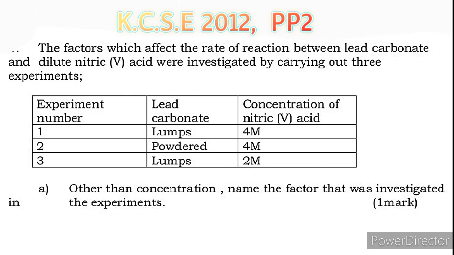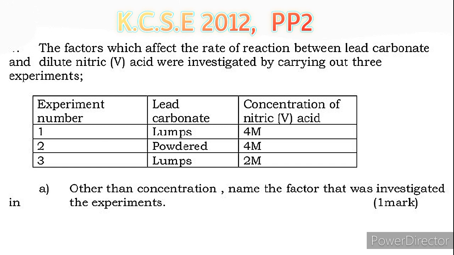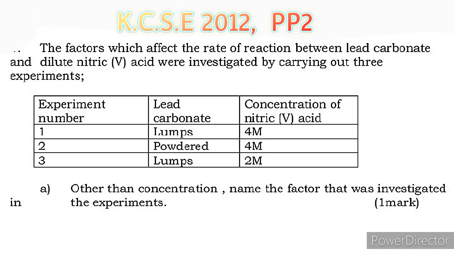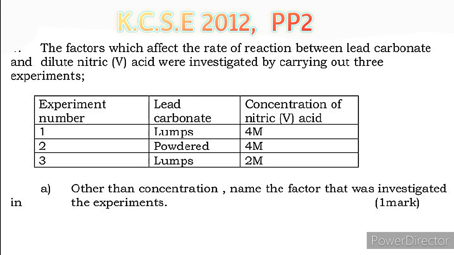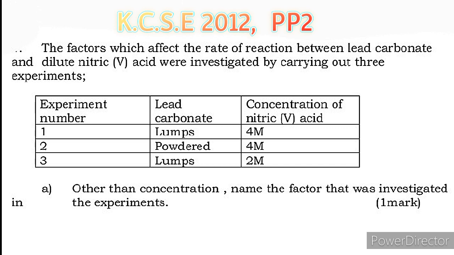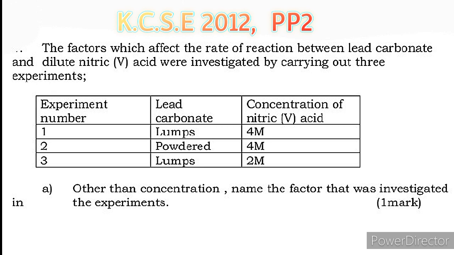Our second question is from 2012, paper 2. The factors which affect the rate of reaction between lead carbonate and dilute nitric (V) acid were investigated by carrying out 3 experiments. So we have 3 experiments, 1, 2, and 3. In experiment 1, lead carbonate in lumps was reacted with nitric acid having a concentration of 4 molar. Experiment 2, powdered lead carbonate was reacted with 4 molar nitric acid. And lastly, in experiment 3, we are having lumps of lead carbonate reacted with nitric acid having a concentration of